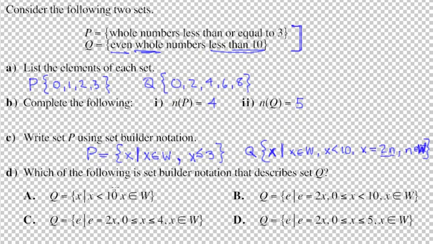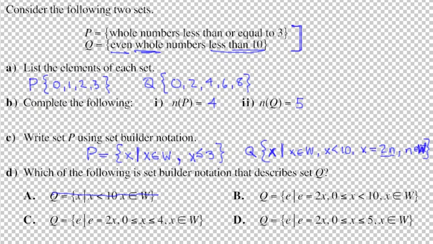Now in part D, they say set builder notation that describes set Q. Let's see how I did here. Let's see if any of their definitions look like what I wrote. Less than 10. This is no good because it doesn't have the even component, so A is out. They use the letter E, which doesn't matter all that much. They're saying E is 2 times something, and